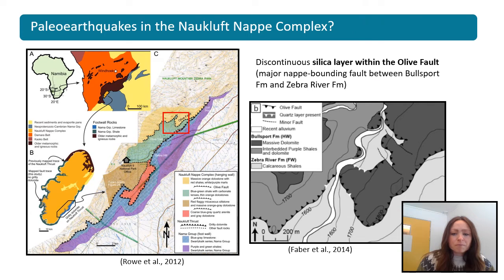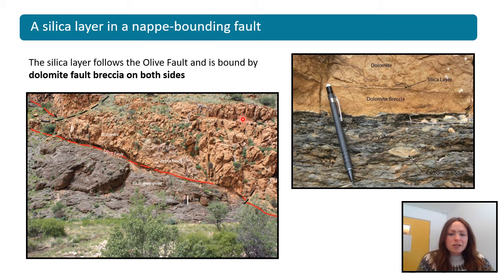At this location, the hanging wall consists of dolomite, and the footwall blue calcareous shales. And the fault zone has a structure such that the shales in the footwall are separated from the silica layer by a dolomite breccia, shown here. The dolomites above the silica layer are less brecciated, but they still have a high fracture density, and